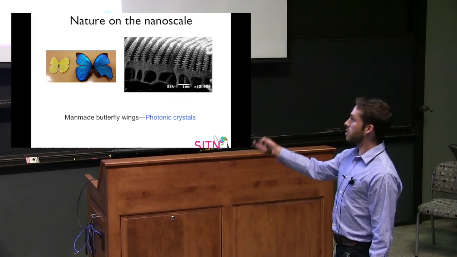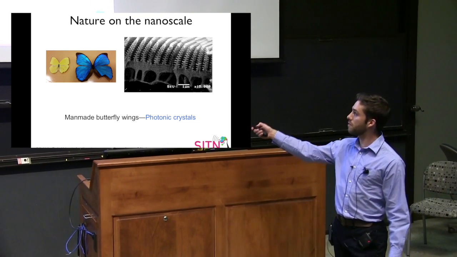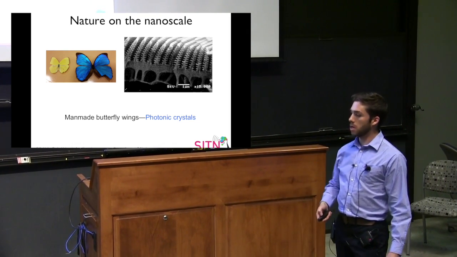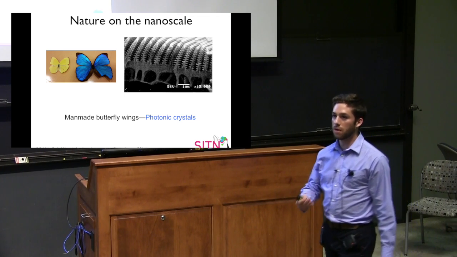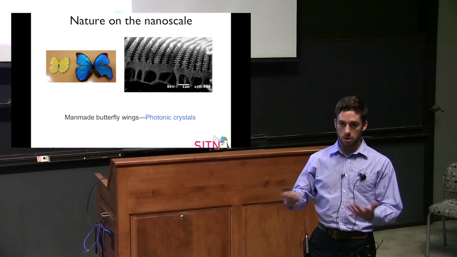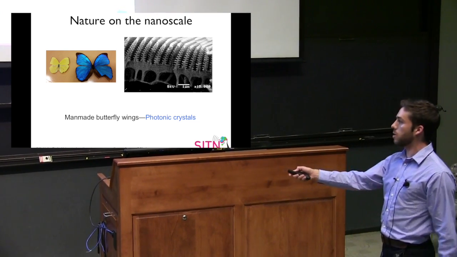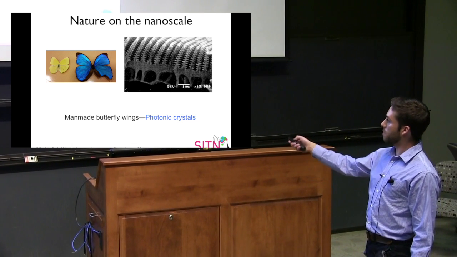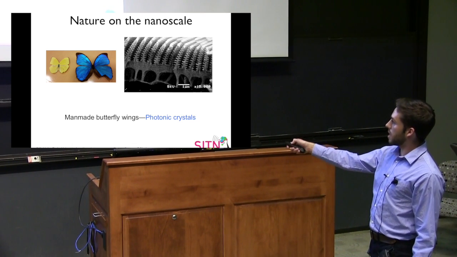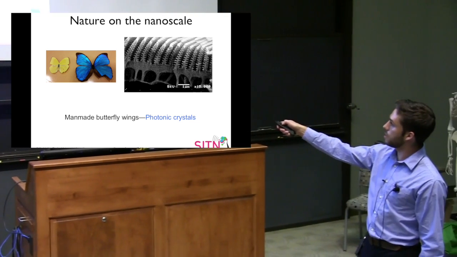So it turns out that nature is already really good at this, as both Andy and Christine have pointed out. In butterfly wings, they're already manipulating light on the nanoscale. And so as we often do in science and engineering, when we're first starting out in something, we turn to nature for inspiration. So what we do is we make something called man-made butterfly wings, or photonic crystals. So photonic is just another word for light, essentially, and we call them crystals because they have this really regular